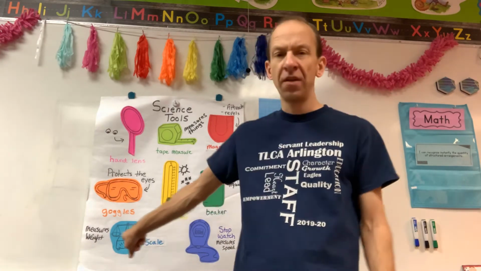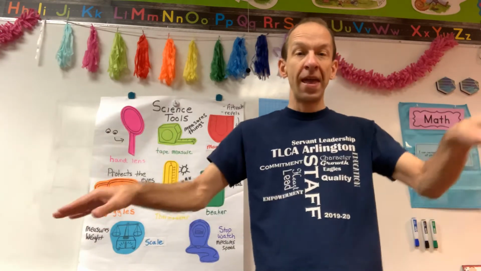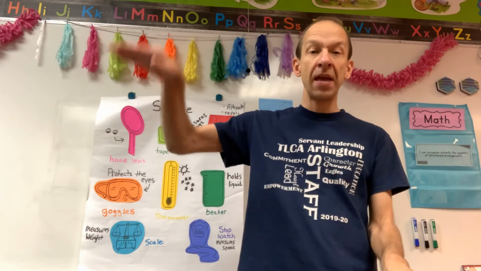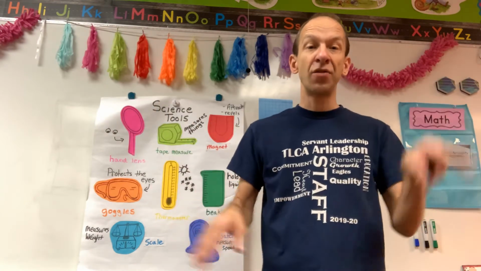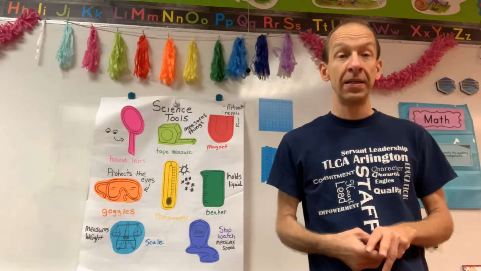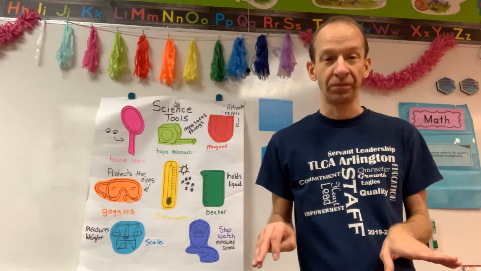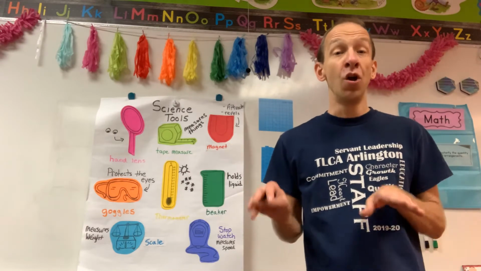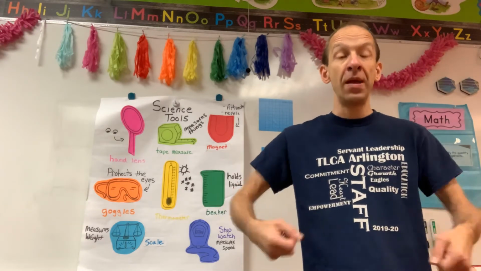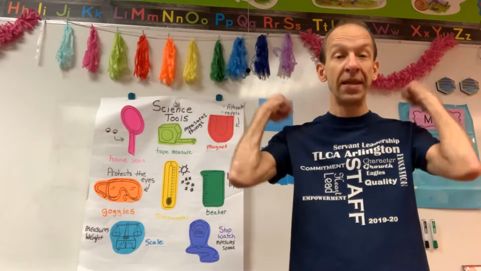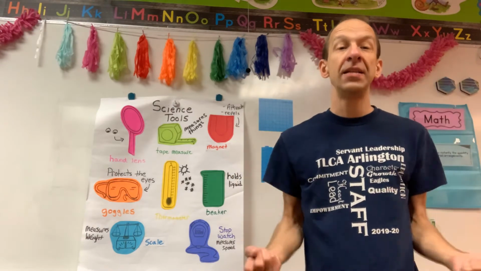We also have the scale. Remember? Heavy and light. Okay? So that's measuring weight. Remember, we gave the example of the skateboard and the bicycle. Which one was heavier? Which one was lighter? When I pick it up, it's like going to the gym and I'm using weights, right? So I need to know,